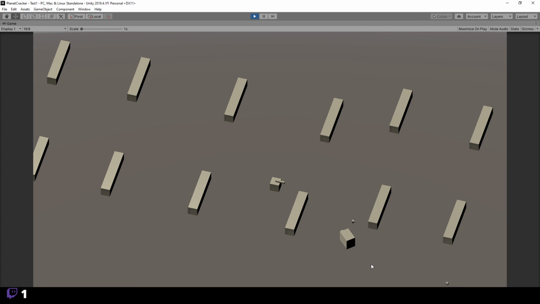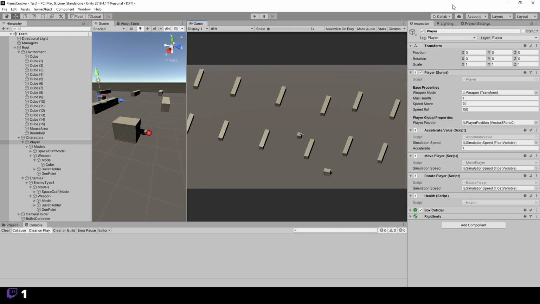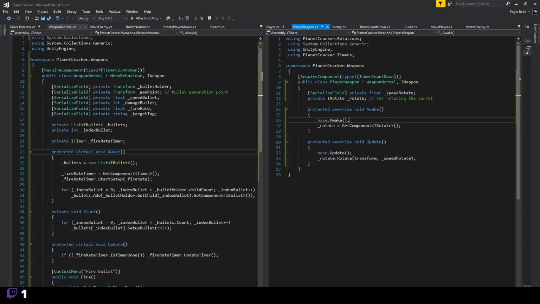Okay, try to hit me. Boom, boom. Fantastic. Good, good, good. So enemy shooting is done. That's fantastic. Basically, enemies is done as well. I could just make this into